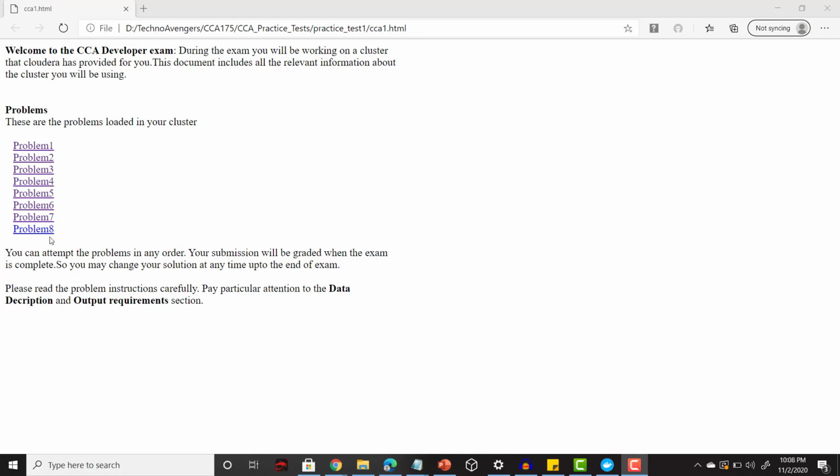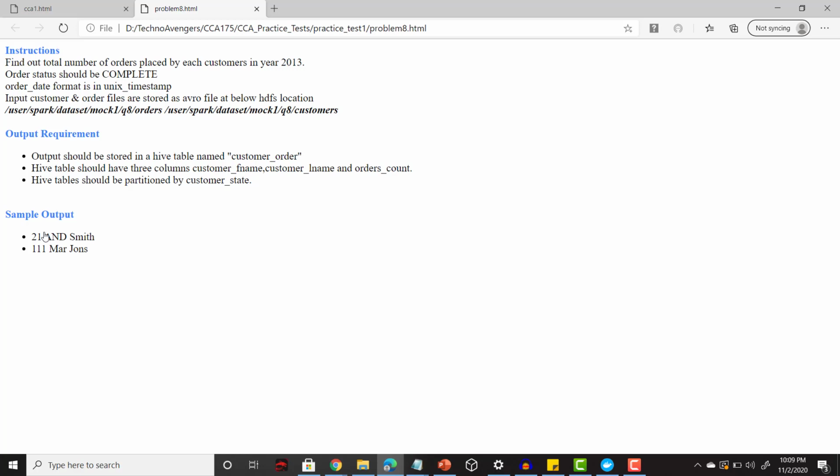Welcome back. Let's go and see our last problem statement, problem number 8. This problem says find out the total number of orders placed by each customer in year 2013. The order status should be complete. The order date format is in Unix timestamp, and then they have said that these input files are stored as